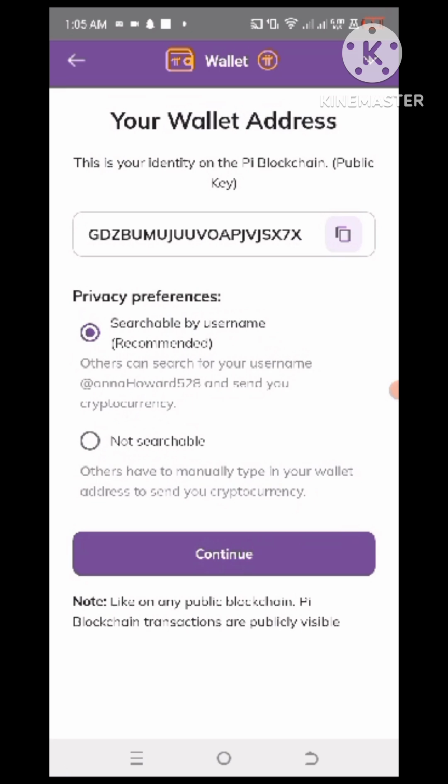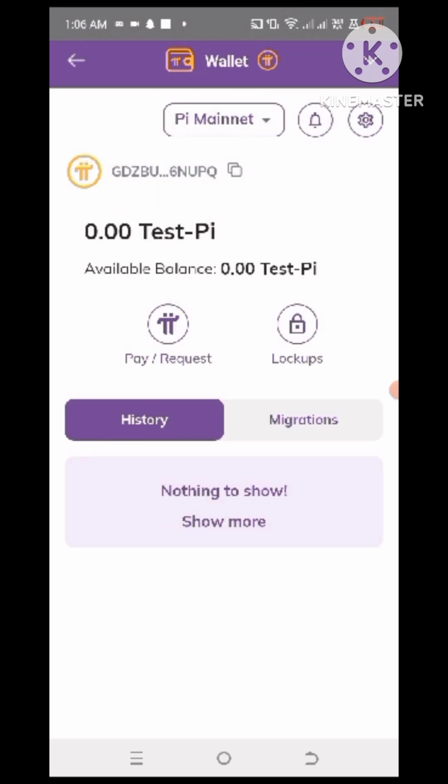Your wallet address. This is your identity in the Pi blockchain. So this is your public key. Copy it and keep it safe, so that in case you are required to use it anywhere, you will be able to provide the address. We click on continue. Now our wallet is created. Let's go back to